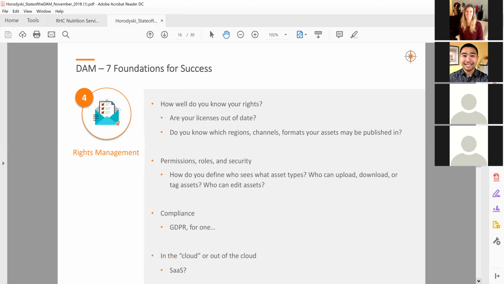The second bullet there, about the regions, is even more important as we are now working in a more global situation in many of our companies. Can you use something in Canada? Can you use it in the United States? The same asset? Does it need to be translated? Are there certain concerns you would have to think about with the United States versus another country in terms of cultural or religious differences?